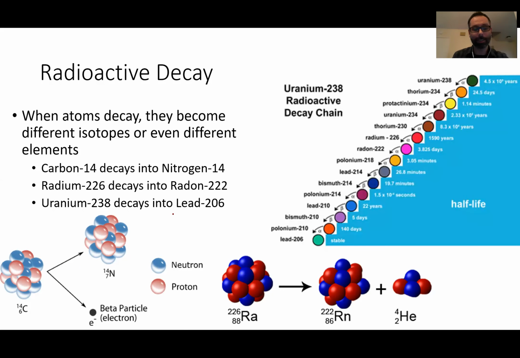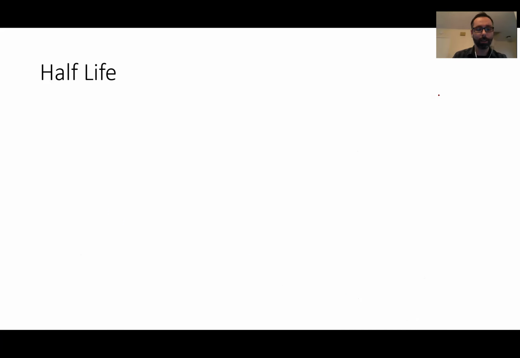The one we're going to talk about mostly is uranium. Now, this one's pretty crazy, as you can see. Uranium-238 eventually leads to lead-206, but there's all these little tiny steps that happen in between. This is all a bunch of chemistry and physics that is well beyond what we need to know. What you need to know is that there are certain elements that have certain versions called isotopes, that they are unstable, they release particles, and they change into something new. And we can measure all that happening, and this is going to help us to figure out the age of the rocks. So the rate that the radiation happens is predictable,